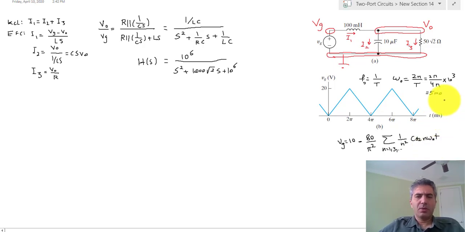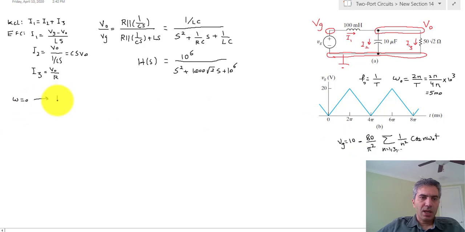Now, we can only calculate the magnitude of the output for the first 3 elements, which are the DC component, the first harmonic, which is 500t, and then the third harmonic, which is 1500t, and that would be a pretty good approximation for what you're going to get in the output. So let's start. For omega equal to 0, which is what we're going to calculate for the DC component,